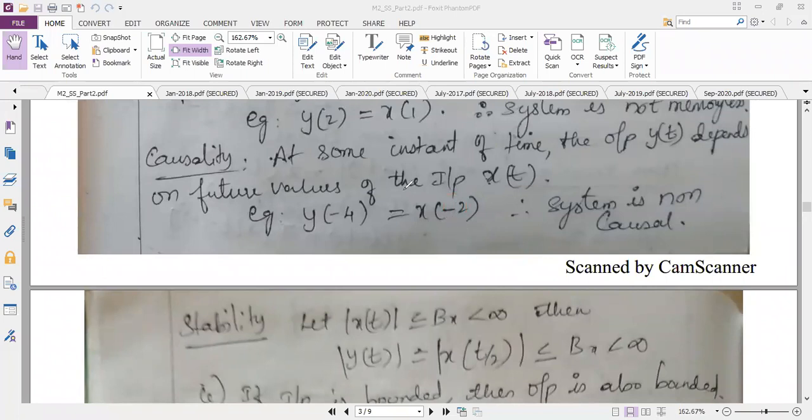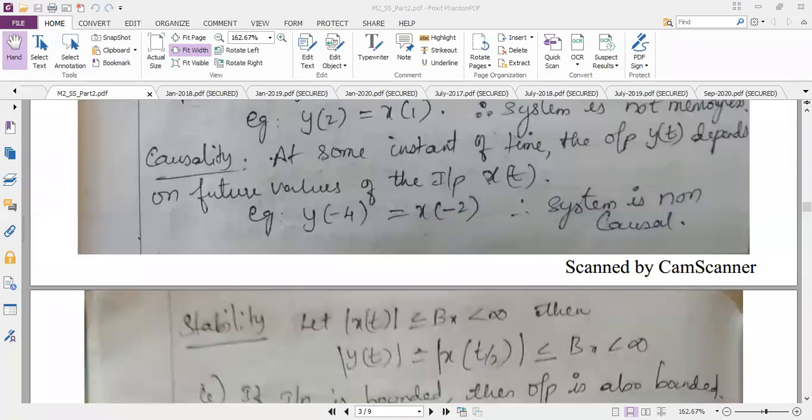Substituting this value, you may easily get confused because of the minus value. That's why I have given the hint. If the question is y is equal to x of scaling factor multiplied with t, then you just write the given system is non-causal. That's it. For the other problems, if the question comes in this pattern, I will ask you the answer, and you should tell me.